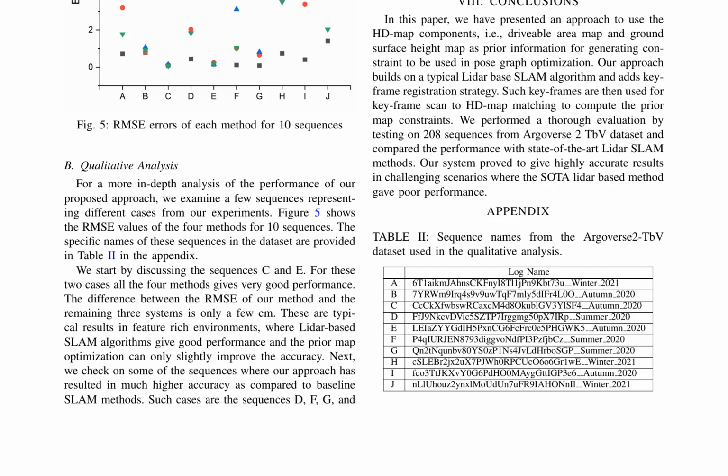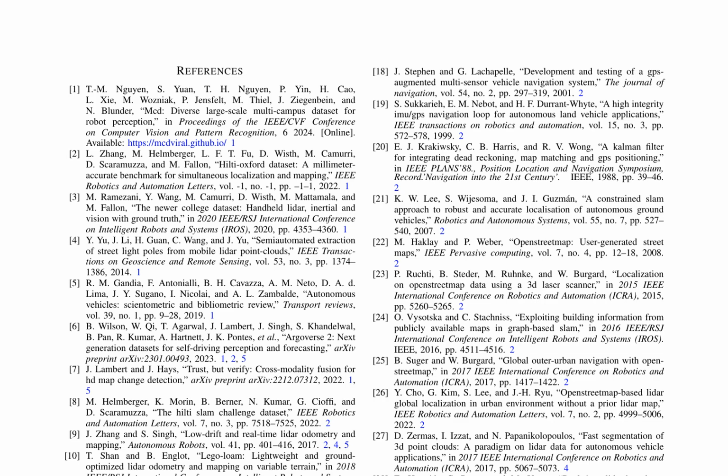However, they also acknowledge some limitations of their approach, such as the reliance on the quality of the drivable area vector map, which can impact performance in certain scenarios. The authors conclude that their approach can generate highly accurate results in challenging scenarios, making it a promising solution for lidar-based SLAM applications. This paper presents a comprehensive literature review on various aspects of lidar-based perception and mapping for autonomous